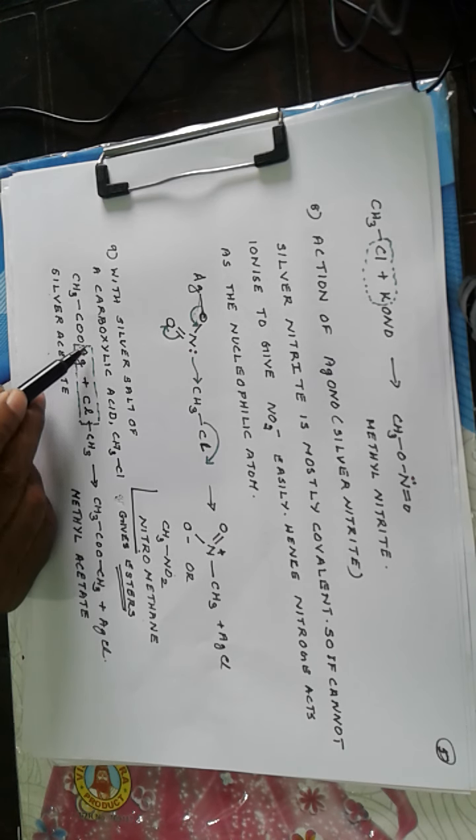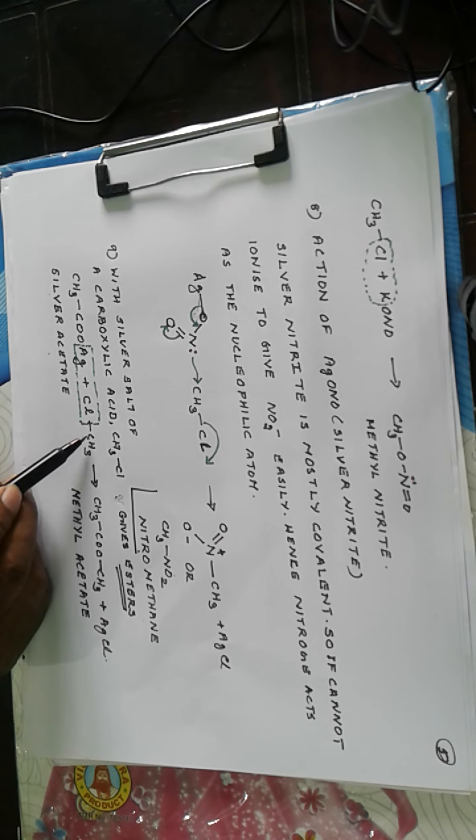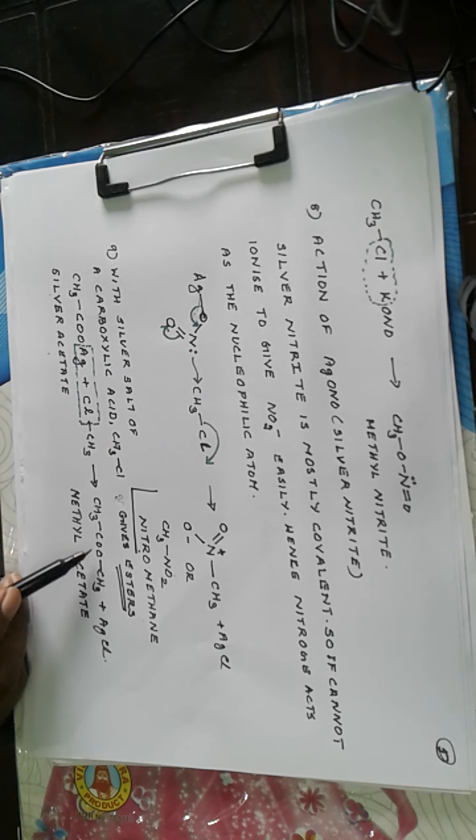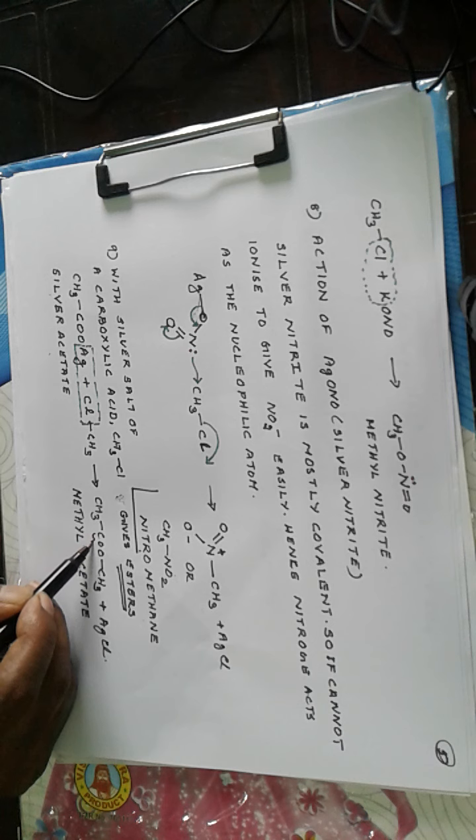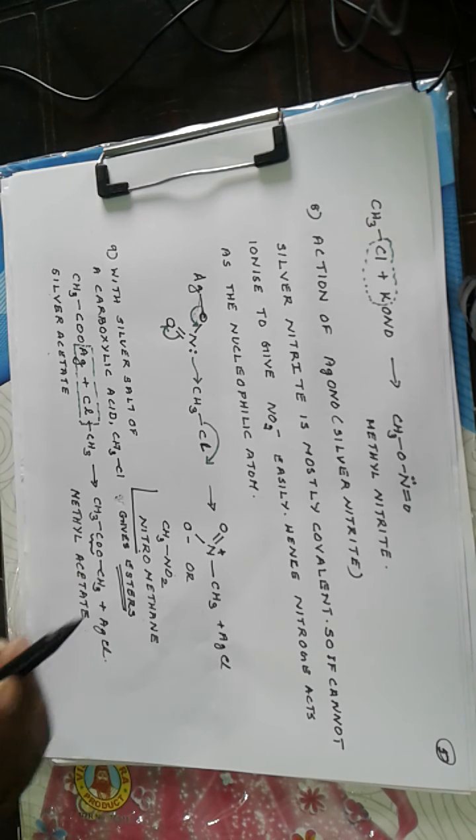Now CH3COOAg, that is silver acetate, reacts with the CH3Cl. Now AgCl is put in a box. Then the valency over the oxygen atom combines with the valency over CH3, AgCl is removed, so we get CH3COOCH3, and this group COO with the two valencies is the functional group of esters.